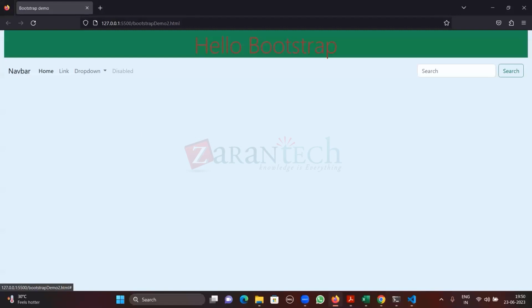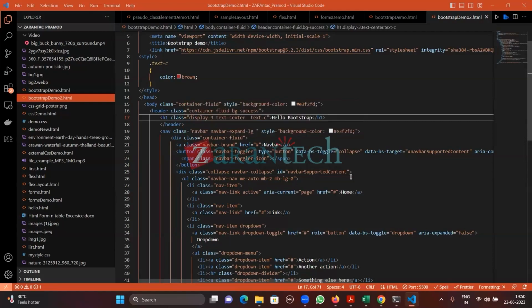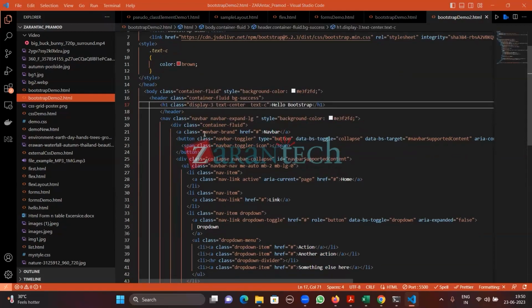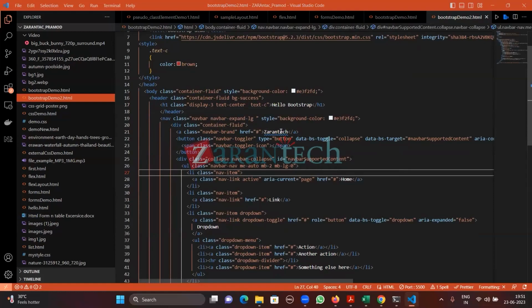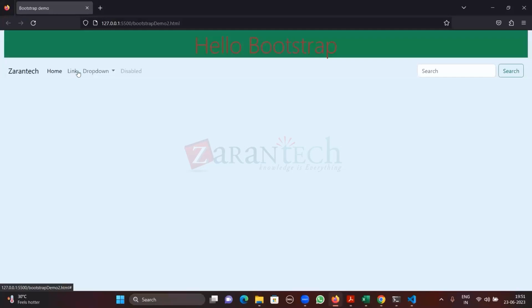Yeah. See, this navigation bar basically has an icon. So here, you can change the navigation icon. See this brand. So the class is navbar-brand, and here it's an icon. So this is an icon. Here you can place images also. It's your choice. So see this. This is an icon. Home, link, dropdown here. So here you can change the menu according to your menu, like home, about us, and all these details. All these things you can give here, search button, and